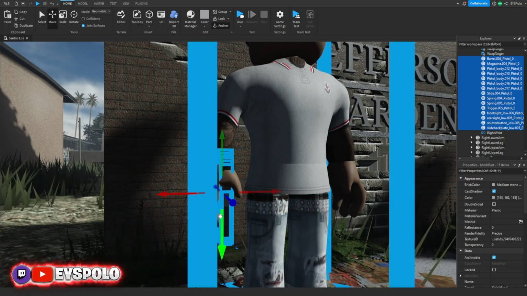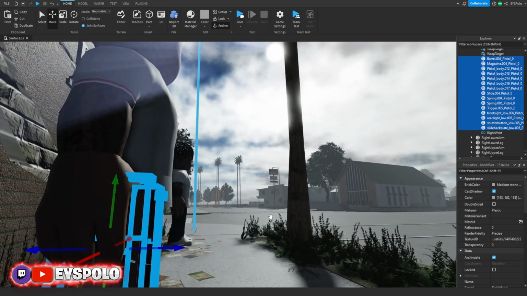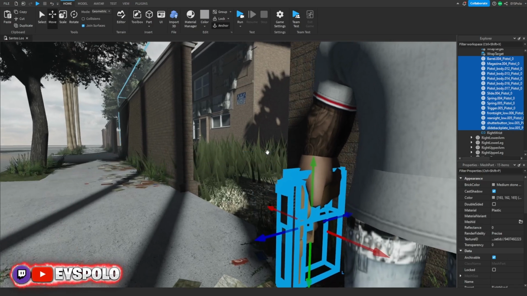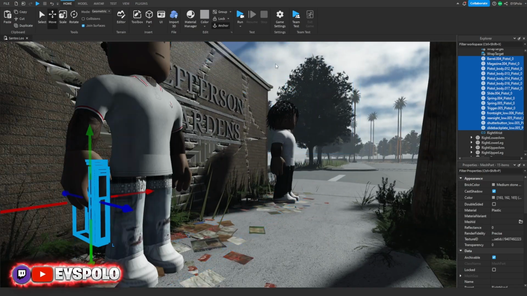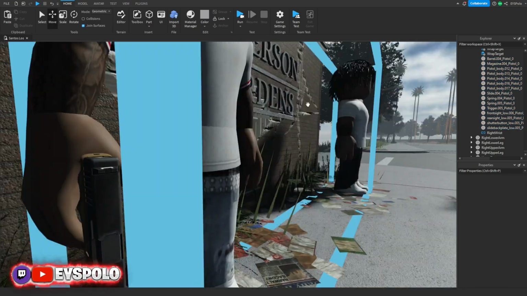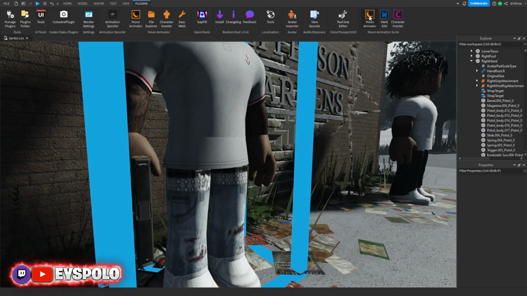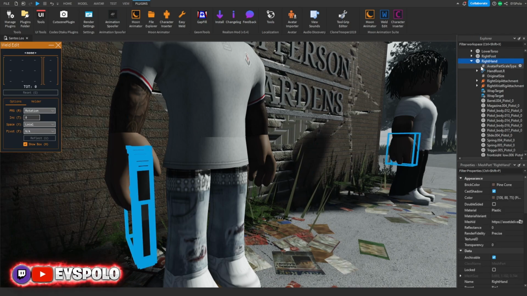bring it to his hand really quick and simple, just like that. Bring it a little bit closer, boom. Now it's in his hand, perfectly fine, right? So then I really suggest this plugin. This would really be a good help for this method on making animations. You want to press Wield Edit, this Moon Animator. You want to select the right hand